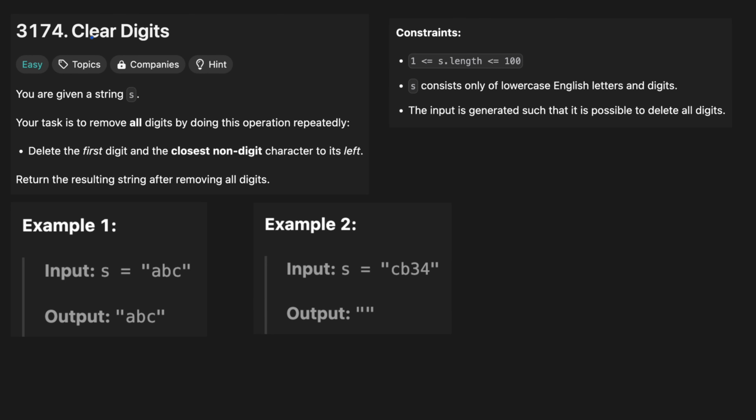Hello everyone, welcome back. Let's talk about another easy problem on Leetcode today. Clear Digits, Leetcode 3174. In this problem, we are given a string S and our task is to remove all